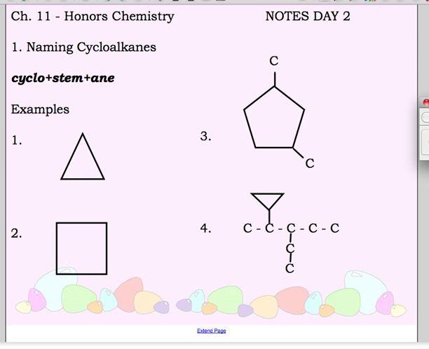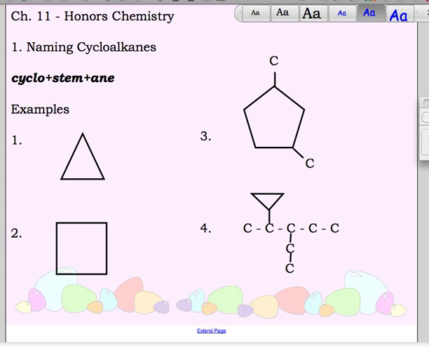One, you put a cyclo out front. So instead of hexane, you would say cyclohexane, or instead of pentane, you say cyclopentane. And then the other thing is you can choose where you start numbering if you need to. So if you have something hanging off, you have the choice of how you want to number it. So if we look at a couple of these, they're real simple, but if we look at this